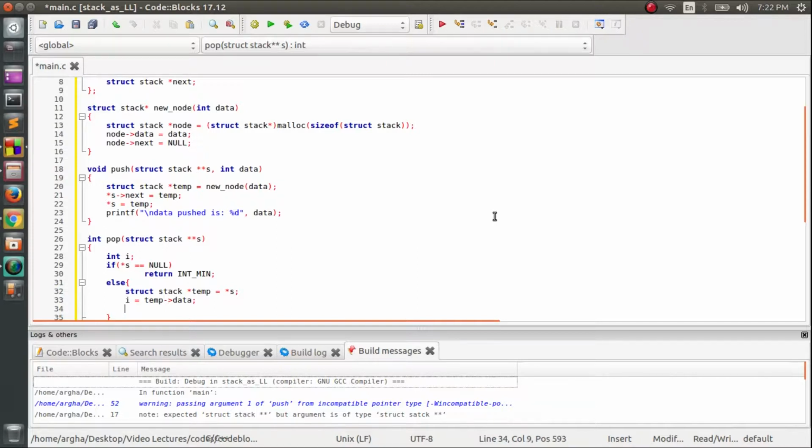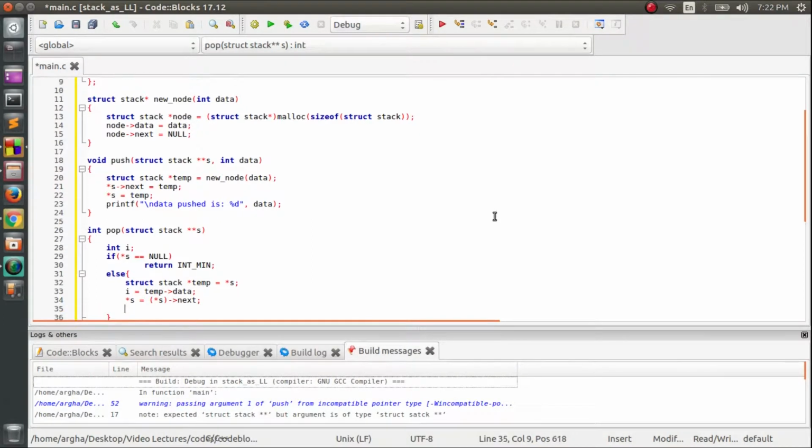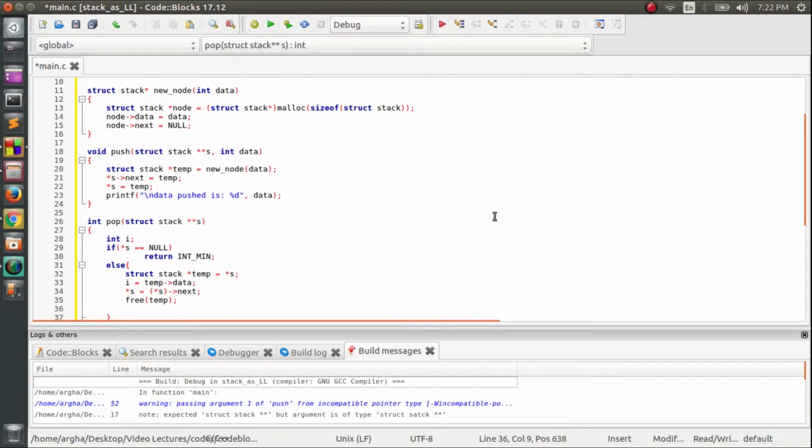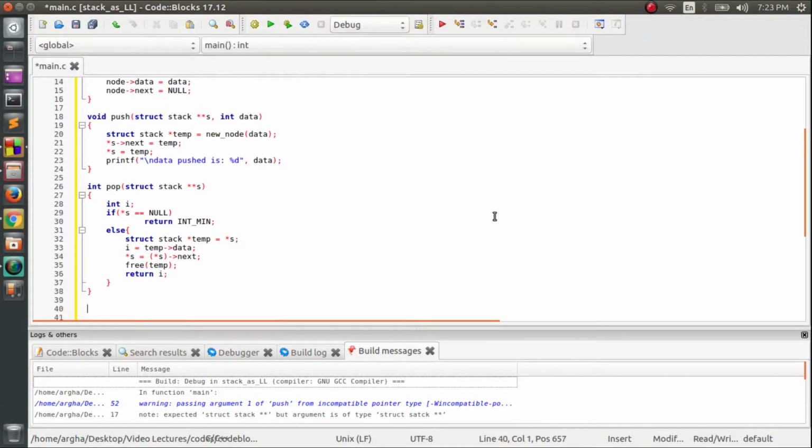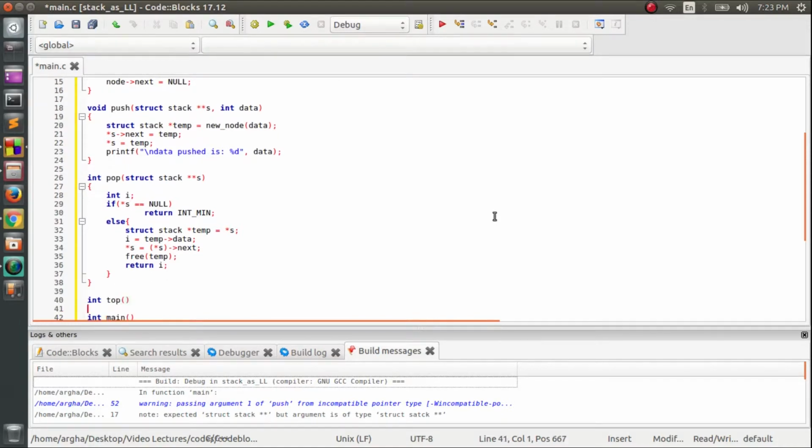So this will be star s is equal to star s next, and I will free this temp because this node is now not needed, and lastly I will return this I. So the pop function is done,